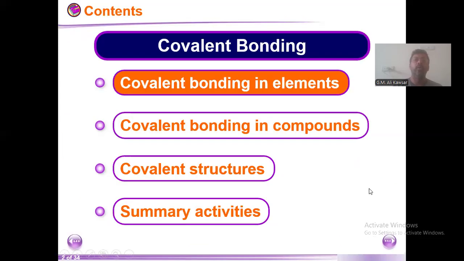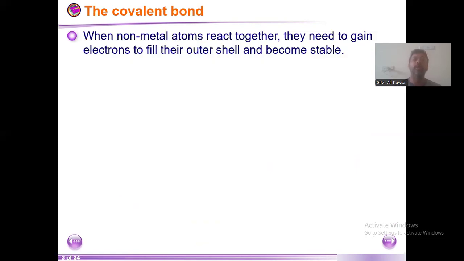Well, covalent bonding in elements. You know elements. Elements are the type of substances that contain only one type of atom, right? So the purpose of bonding is to hold atoms together. Whenever we see the atoms are held together, that is a kind of bonding, but this bonding happens by basically three